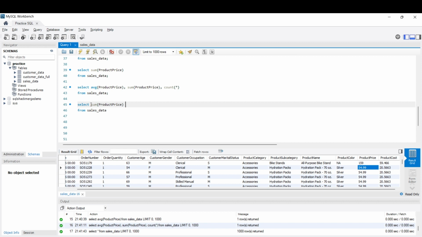Okay, and then I will also get here, since I'm going to show this by product color, I will get the product color also here. So let me just copy the field name and paste it here, comma. So what I'm doing, I'm taking select product color and sum of product price, and then I will do group